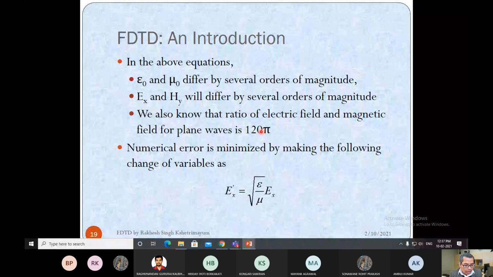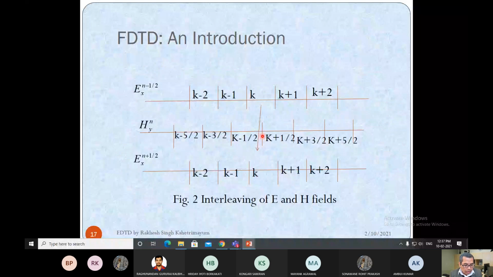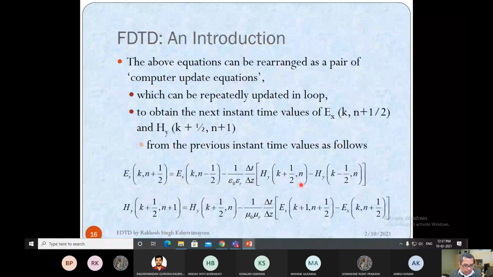So now when you have this equation here, you have electric field also, you have magnetic field also. The contribution from the magnetic field would be very small, but the electric field is large. And when you have such an equation in MATLAB, MATLAB will round off everything. So you may not even get any contribution from the magnetic field because this is a very large number. So MATLAB may actually ignore all these things.